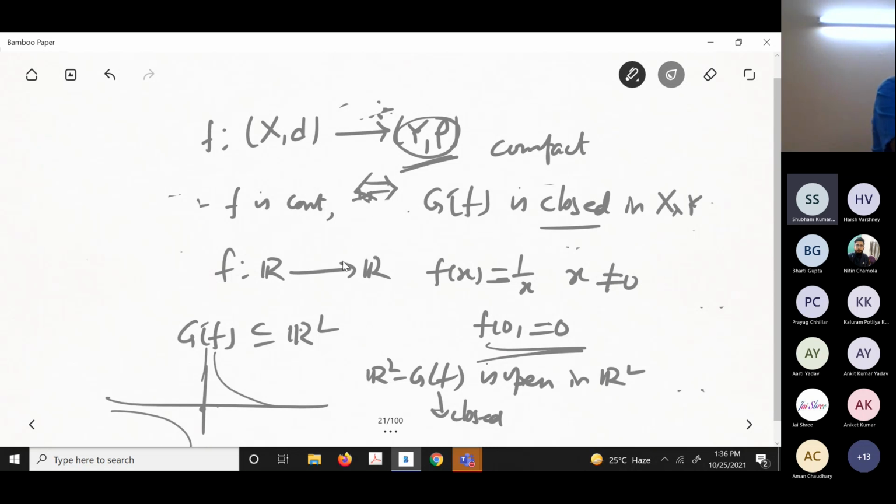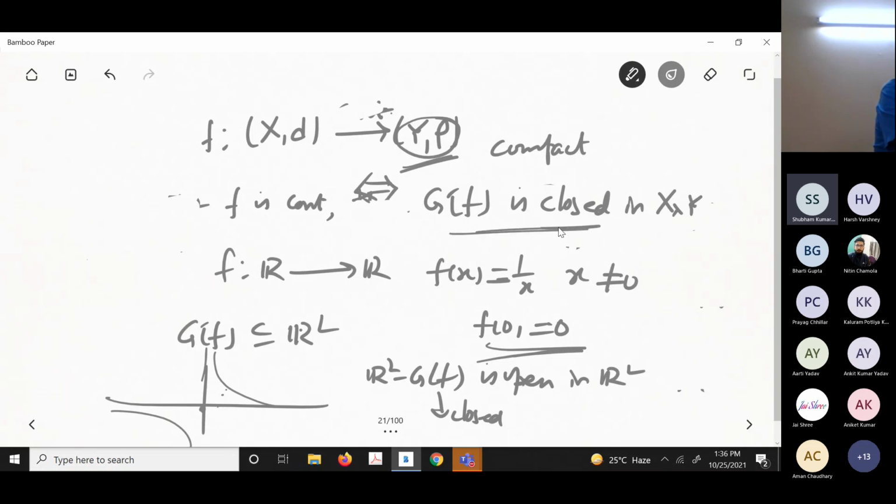One direction is always valid: if f is continuous, then the graph has to be closed. But if the graph is closed, it may not be continuous. This is one counter example. But if the range is compact, then I cannot have such a situation, because in a metric space, any compact image will be, look,